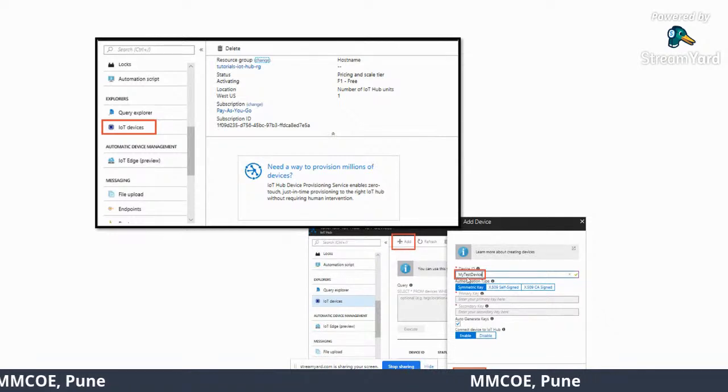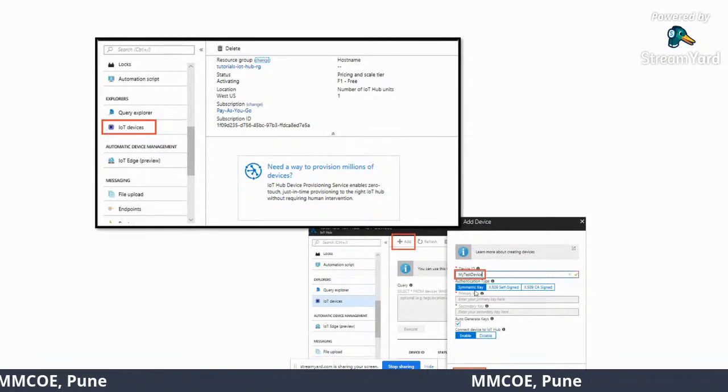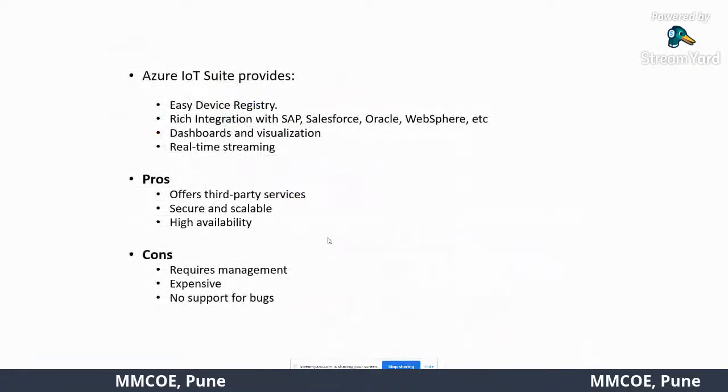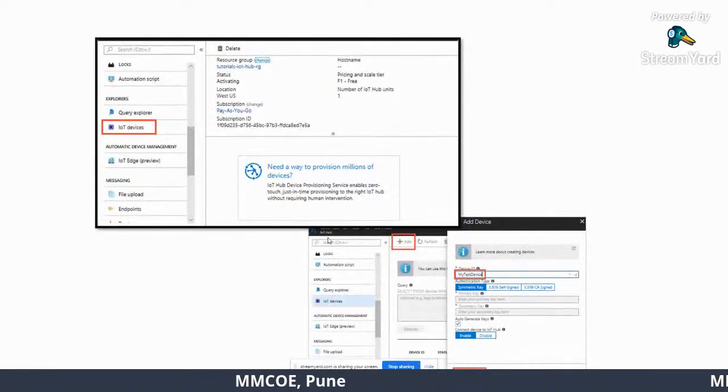I can name it my test device, and this is relevant to the authentication. I can just go with the default one, and I just save it. So when I click on IoT devices and add it under IoT Hub, I can have my device added and I can collect my data.